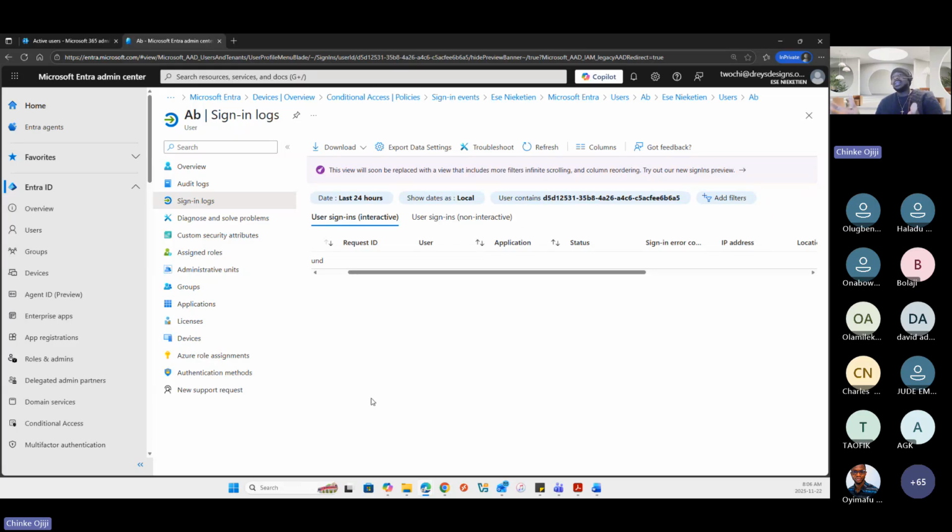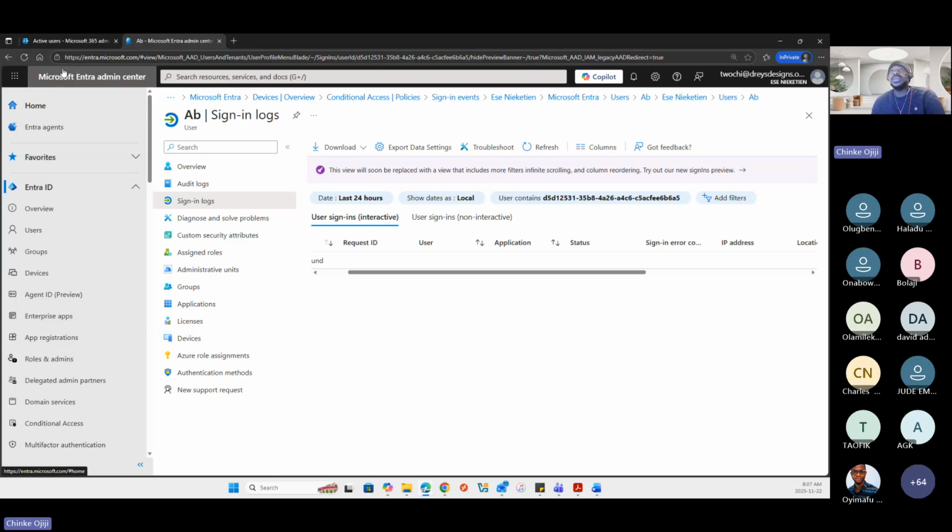Also, I don't know if it has been discussed previously, but I'll give it to you briefly. What you can do in that situation is immediately block sign-in so that no one is able to access that identity. That is the protective measure you take. You block sign-in first, then reset the user's password, make sure multi-factor authentication is enabled, and sign out of all sessions.